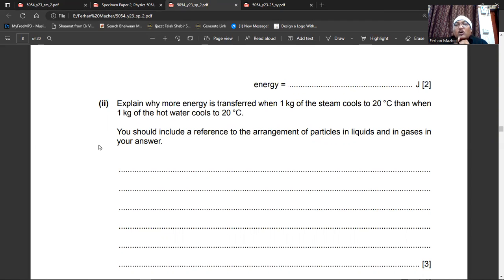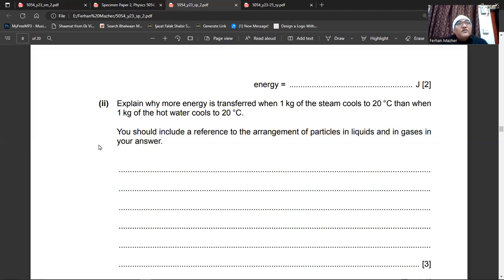So in the case of the steam, more energy is involved because the steam has to change state. So the latent heat will be given out, and when the latent heat is given out, the steam converts into liquid water, and that liquid water obviously has